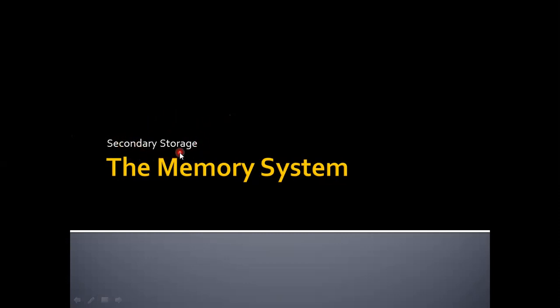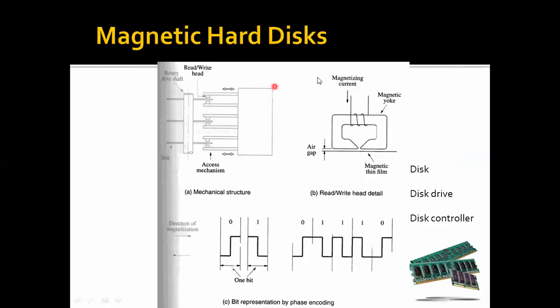Now we discuss one by one. The first one is magnetic hard disk. So how does this work? Hard disk is a word we have all heard. Whatever programs, softwares, and larger programs you have are all stored in this hard disk. The capacity of this hard disk is very high compared to RAM and ROM memories.